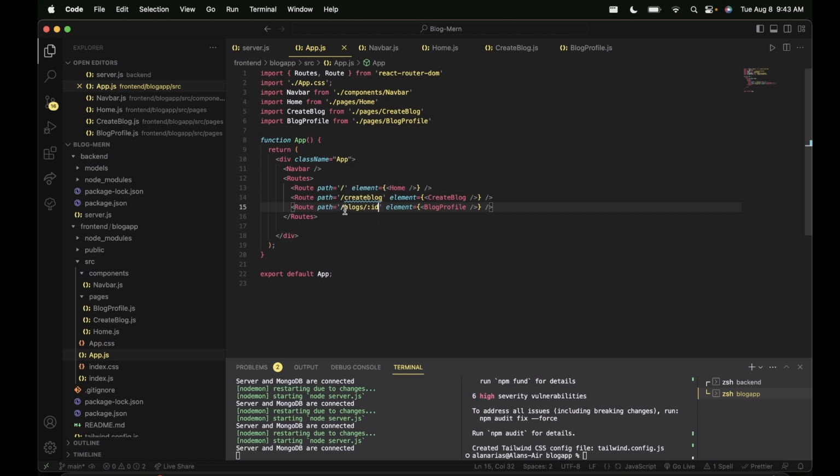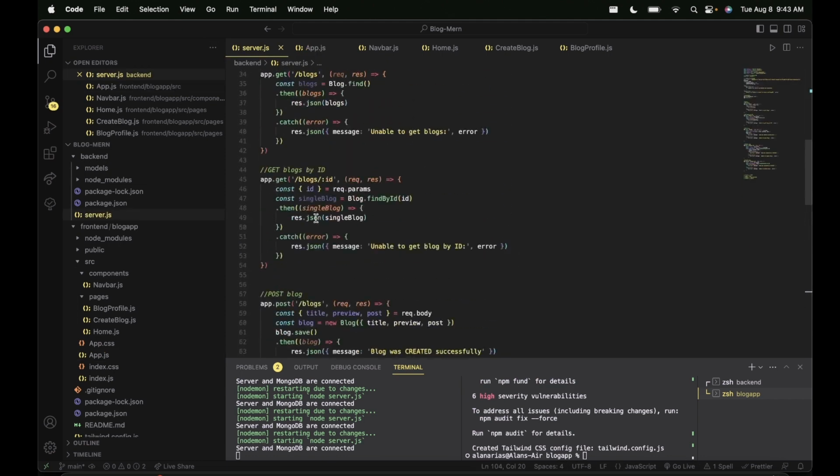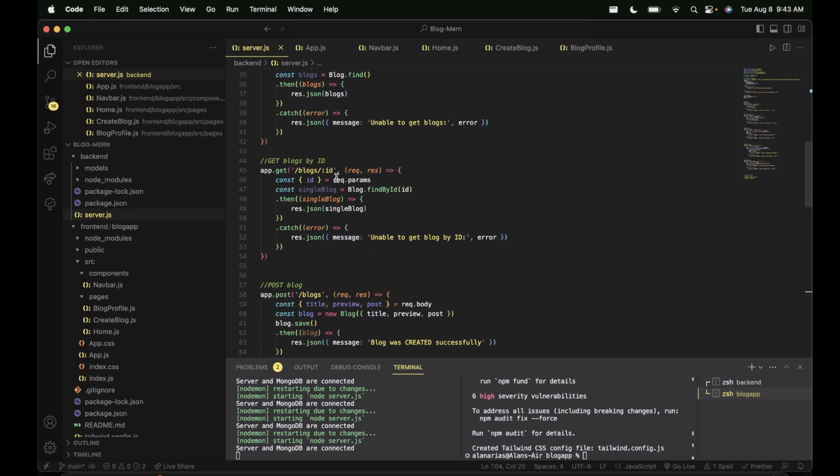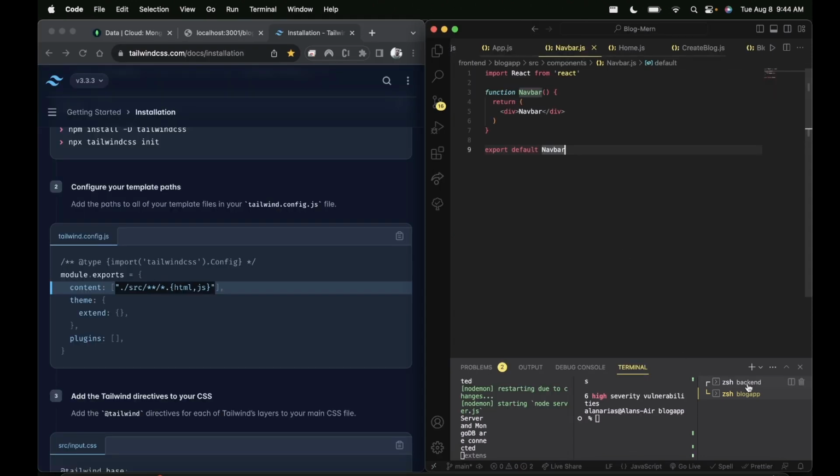So it's going to be blogs. And then /blogs/ID. Because remember, as we have it in our server, that's how we have it here. In our get, where is it? Get here. /ID, just like that. Perfect. So now we can start our terminal